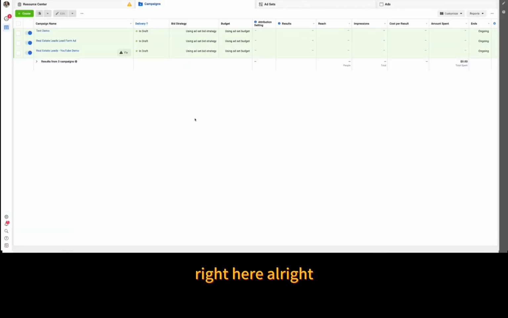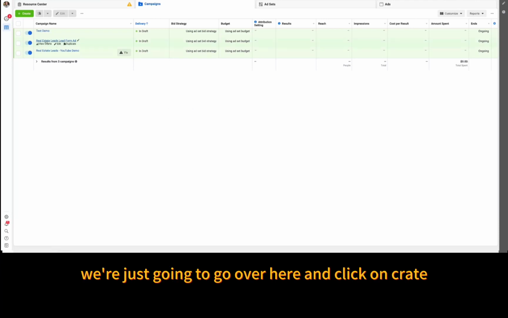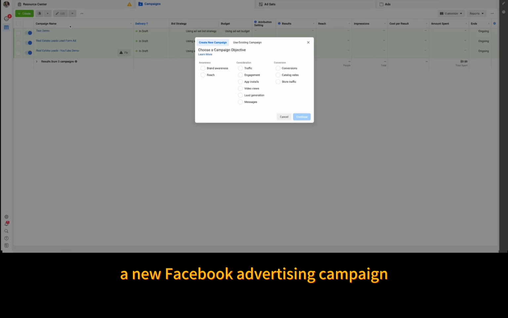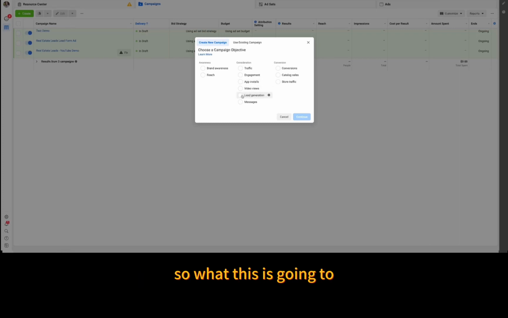All right. So in order to start creating an ad, this is very simple, step by step. We'll walk you through every step of the process. We're just going to go over here and click on Create. So we're going to click Create a new Facebook advertising campaign, and we're going to do a lead generation campaign. So what this is going to